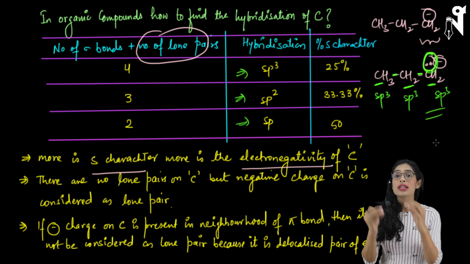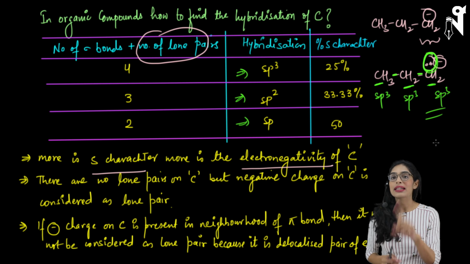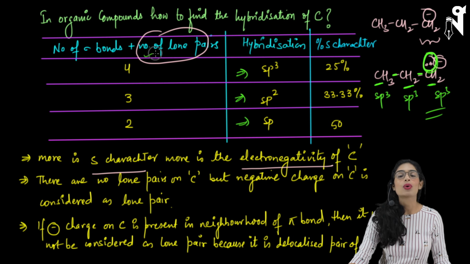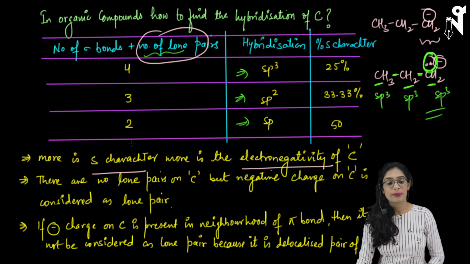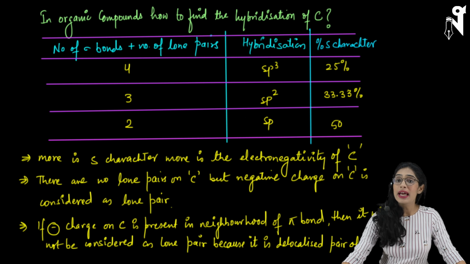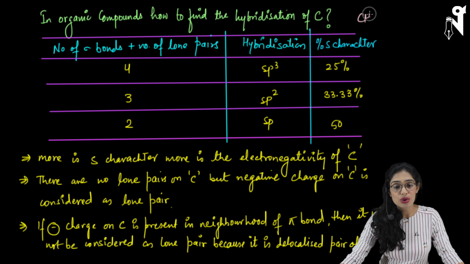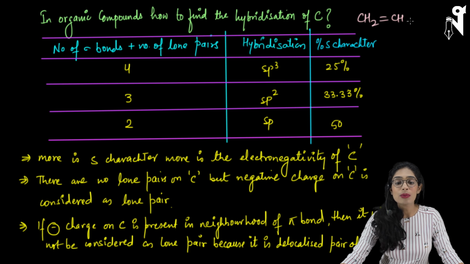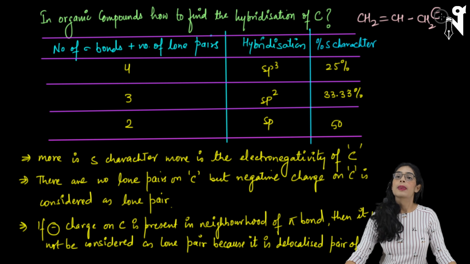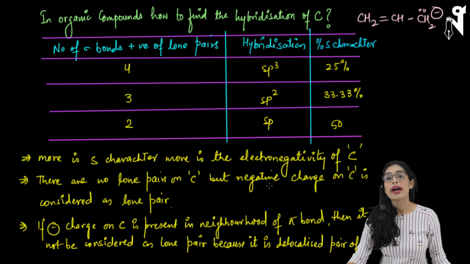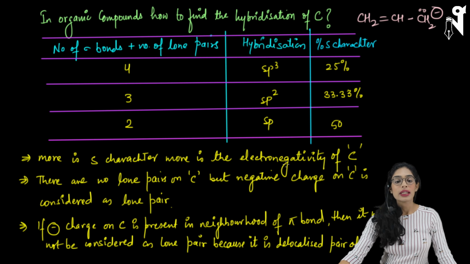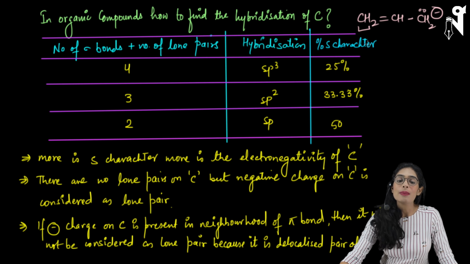In these kinds of species, the negative charge will act as a lone pair, and at that time we will be using this term, number of lone pairs, for calculation of the hybridization. Okay, now here comes a twist. Let me tell you what the twist is. Let's say I have a compound CH2=CH-CH2 minus. If somebody asks us to find out the hybridization of each and every carbon, let's talk about this carbon first. This carbon has 2 sigma bonds with hydrogen and 1 sigma bond with the carbon, so total sigma bonds are 3, no lone pair.